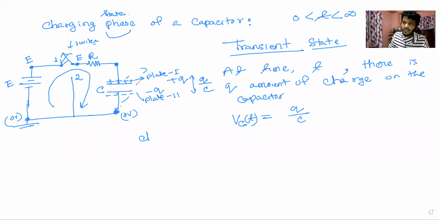So if we start our journey from this point and go through a potential rise, then we will add this 0 plus this, isn't it? Yes, sir. And of course we will get a rise in potential if we start from this point and want to finally reach this point, because we will go from the negative terminal to the positive terminal across the capacitor, right? And we will encounter this potential. So this would be 0 volt plus Q by C, isn't it? So the potential at this point would be what? Q upon C, right? Fine. Yes, sir. So please keep a note of this equation, because now I will erase this part.